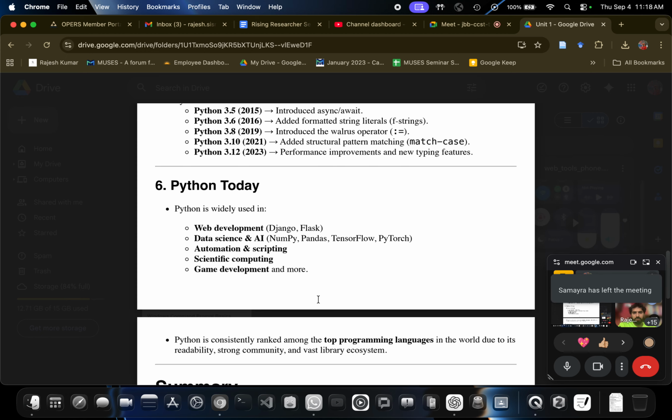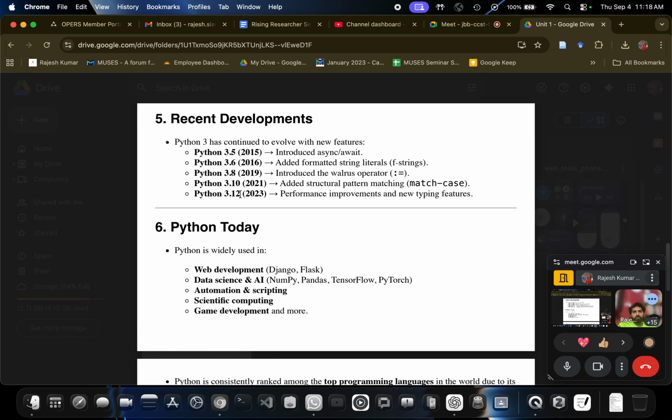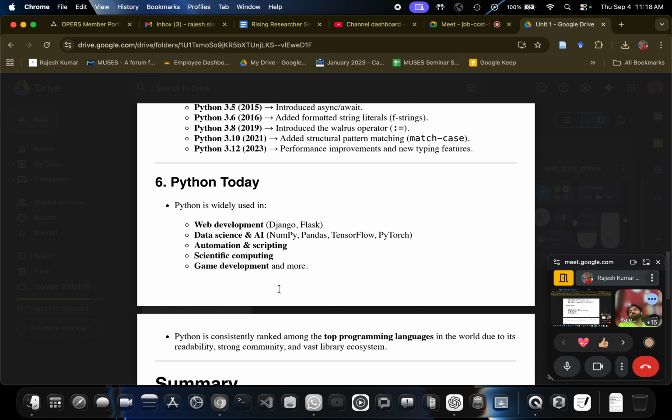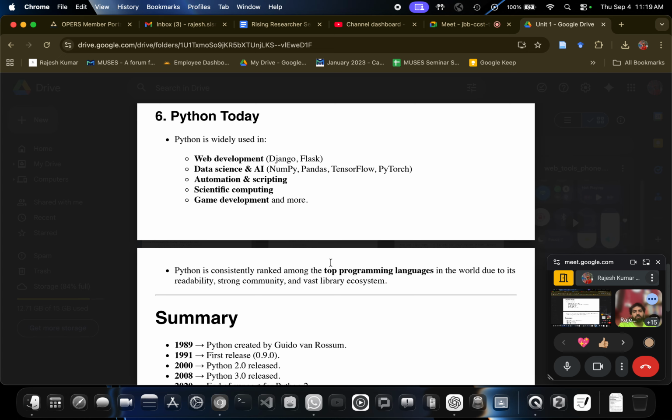Python today is 3.12-something. And the sixth section covers where we are using Python: web development, data science and AI, automation and scripting, scientific computing, game development, and more.